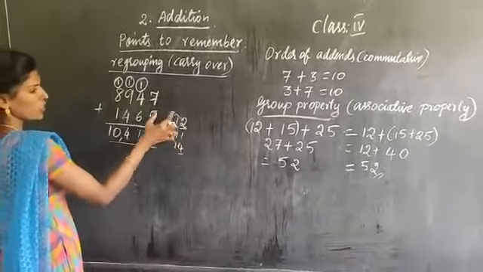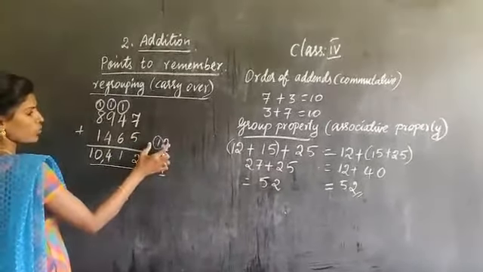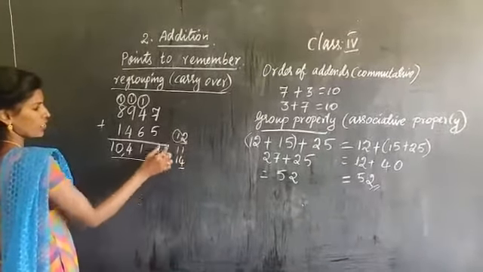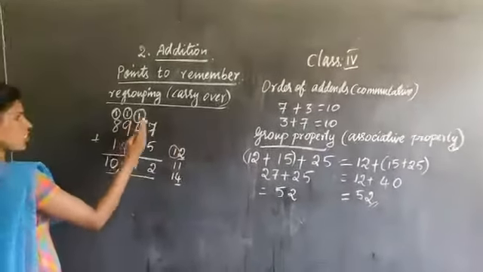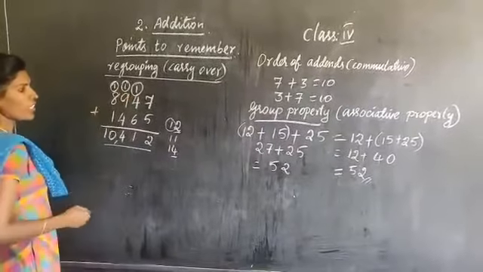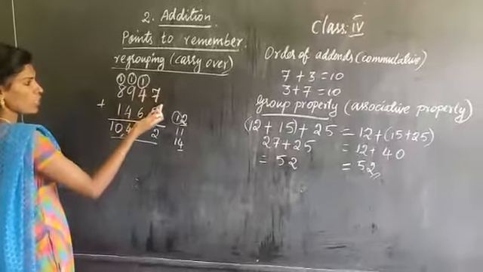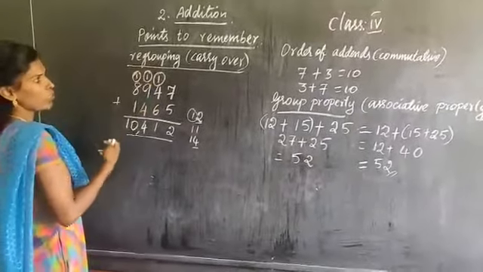When you add 2 numbers or 3 numbers, if you get a 2 digit number, 1 single digit on the right side you write here. The left side number you carry to the next digit, not on the same place. You have to add it to the next place. You are carrying over, or you are grouping. It was in one's place, now you are grouping to the tens place. So it is called regrouping.